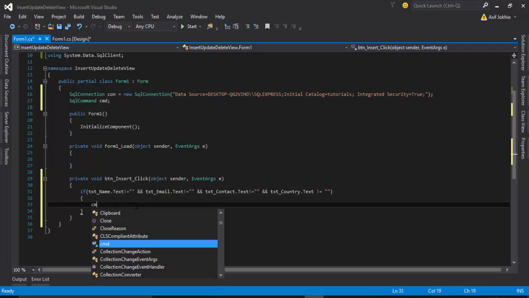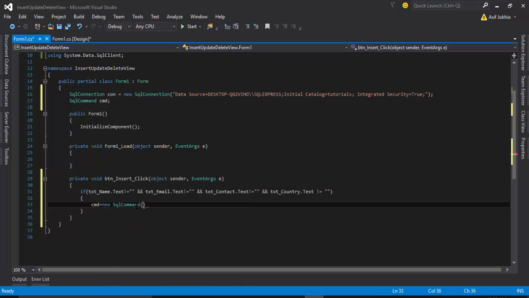Then we call CMD, new SQL command, and run the